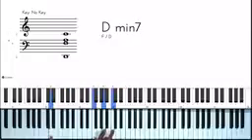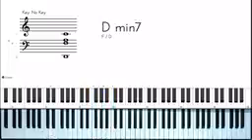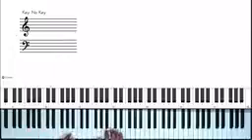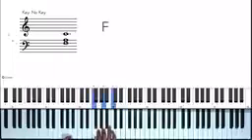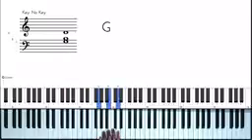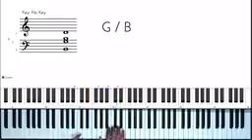Next chord is a 2. Now this chord, again, breaking it down into 2 different steps: F major triad over D. Okay, we get D minor 7. And then to get back into the 1, we play a 6-7-1. But the 6 in this case is not going to be an A minor 7. It's going to be a 4, or F major over A. Then a 5, or G major over B. So 6, 7, and then we're back to the 1, okay? So all together,